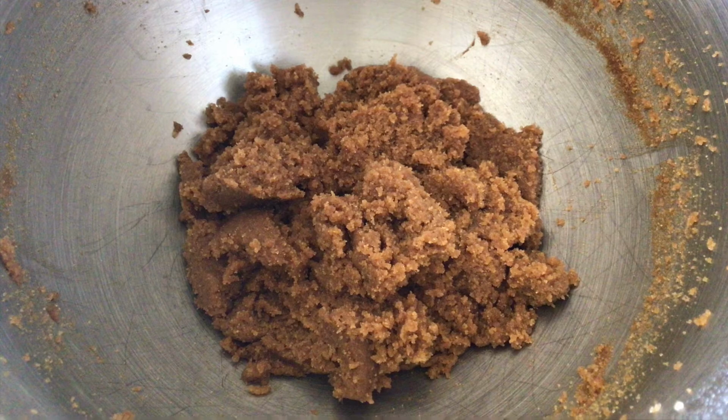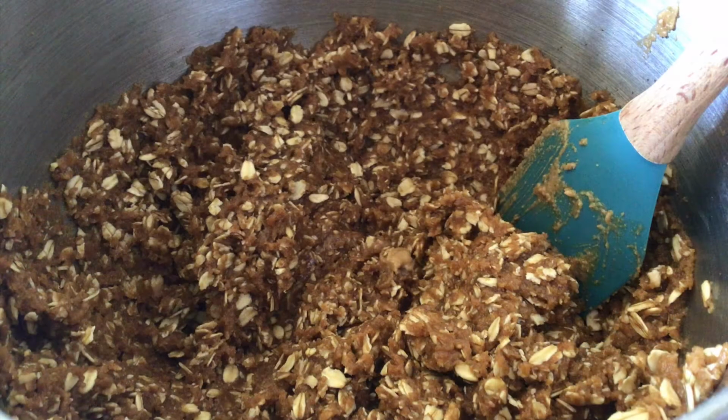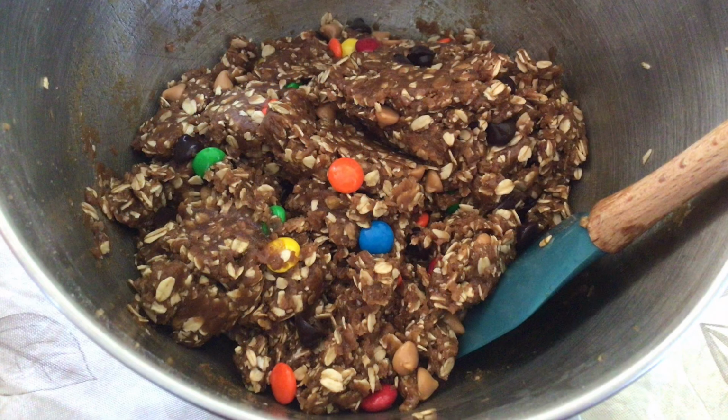For the dessert, I mean, come on, how could I do anything other than Etta Candy's candy cookies? You start by creaming together butter and brown and white sugar, then add a bunch of peanut butter, the eggs, and vanilla. Then you've got to add the dry ingredients, flour, baking soda, and oats, before mixing in the candy. Chocolate chips, peanut butter chips, and, well, okay, if you're old enough, you may remember them as the candy of the new millennium, thanks to a coincidence of Roman numerals, but since neither Mars Inc. nor Marshall Mathers are paying me to say their name, I'm just going to refer to them as generic candy-coated